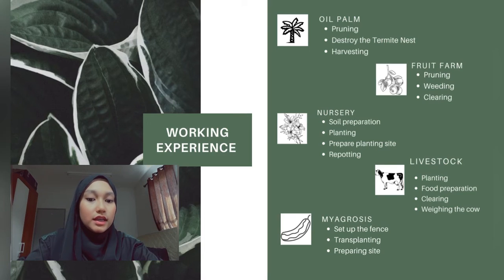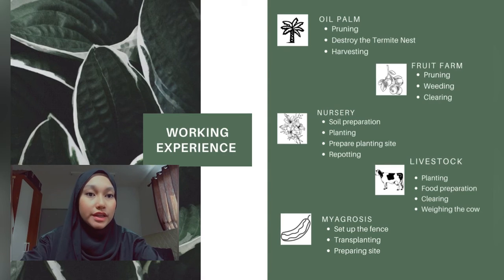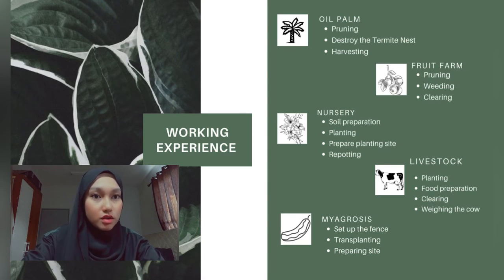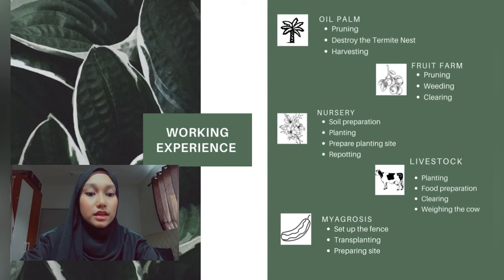After 1 week at the fruit farm, we go to the nursery and herb farm. One of the activities in the nursery that we do is soil preparation. The objective of soil mixture or preparation is to know the ratio of the soil needed, to learn how to mix the soil well, and lastly to identify the type of soil that we use. The equipment that we use in soil preparation is a hoe, wheelbarrow, and shovel, and the materials are topsoil, sand, and EM fertilizer.